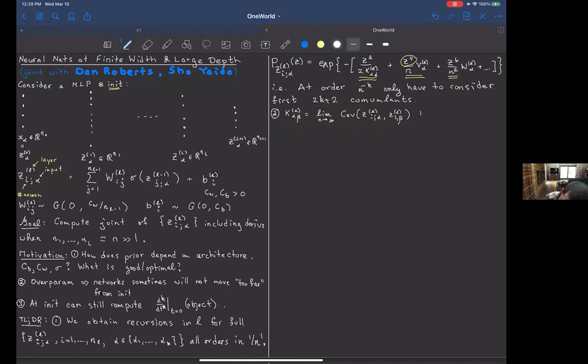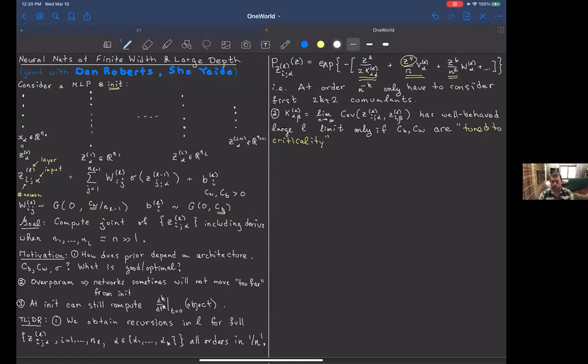So the point is that this has a well-behaved large L limit. Now I'm interested in deep networks only if these constants C_b and C_w, the variance of the biases and the variance of the weights, are, as we call it, tuned to criticality. Tuned to criticality. This just means, and I'll show you on the next slide exactly what I mean, they're chosen in a very specific way that depends on the nonlinearity sigma.